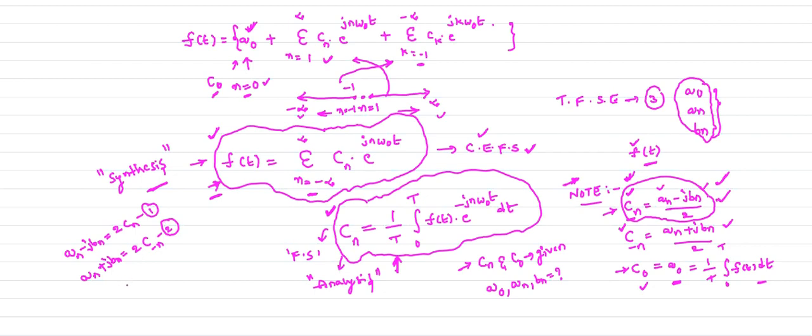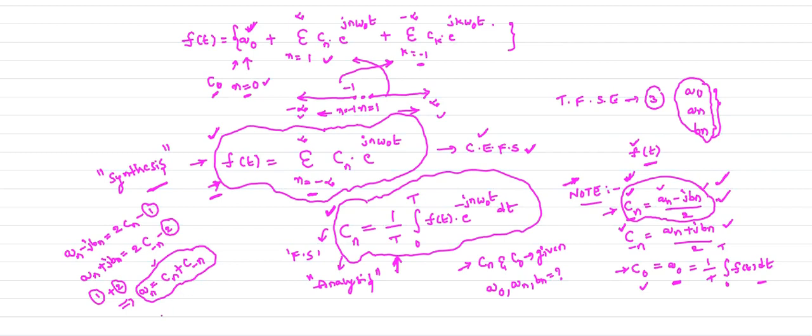So you modify these two expressions. Can we get the an value? If we add these two expressions, 1 plus 2, can we get the an value? So an is nothing but cn plus c minus n. This is the expression for the calculation of an. If cn is given to you, to calculate an, use this expression.